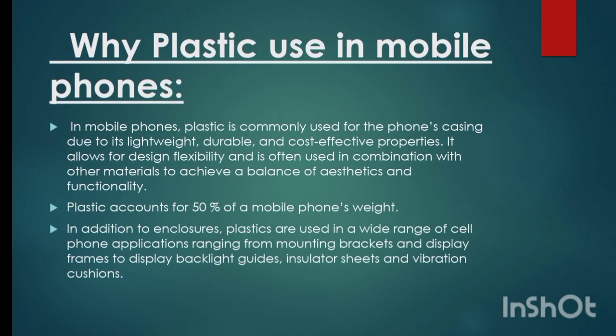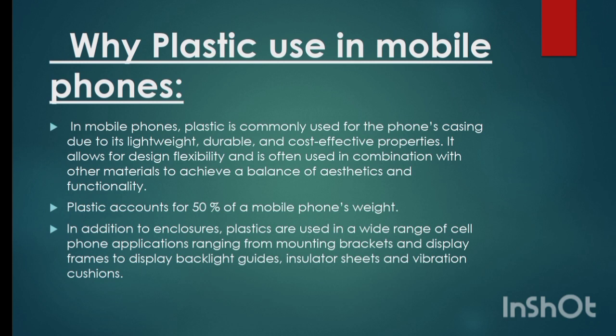Why plastic is used in mobile phones? In mobile phones, plastic is commonly used for the phone's casing due to its lightweight, durable, and cost effective properties. It allows for design flexibility and is often used in combination with other materials to achieve a balance of aesthetics